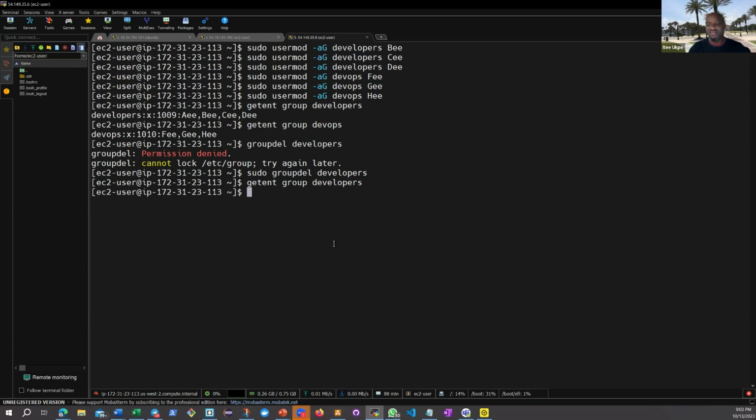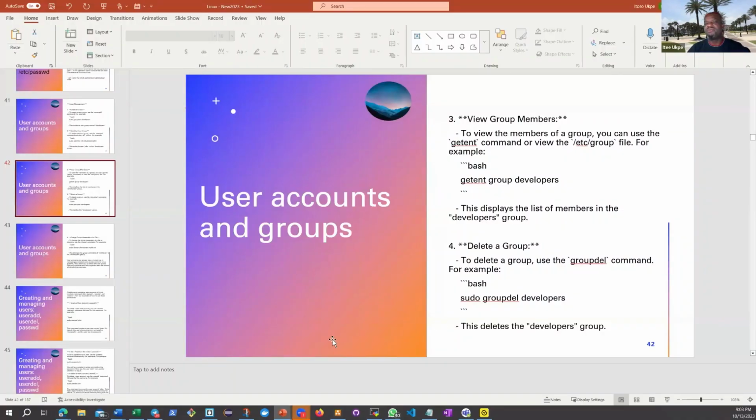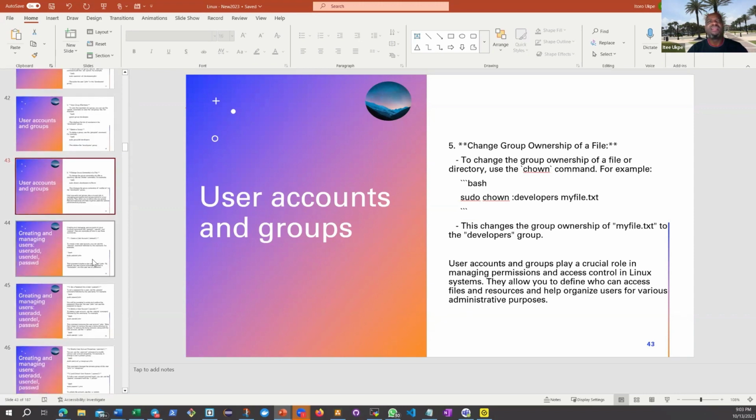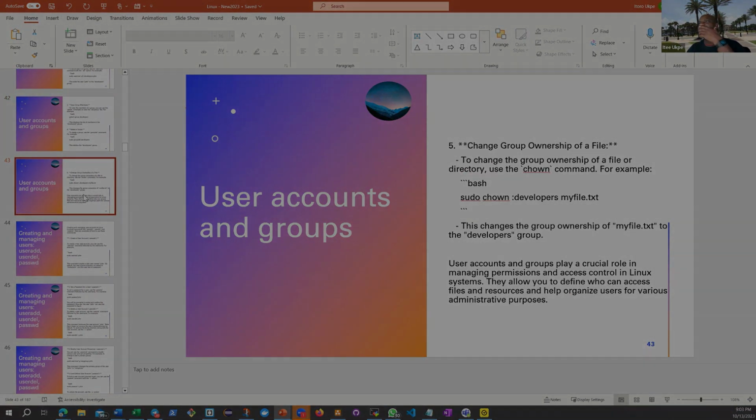I can also do groupdel and delete this group called DevOps. So now if I run getent group and I want to see DevOps, that group is gone. I can't find anything. Okay. Those are simple commands that I'd like you to go ahead and learn how to run. So we are here. Another command is to check